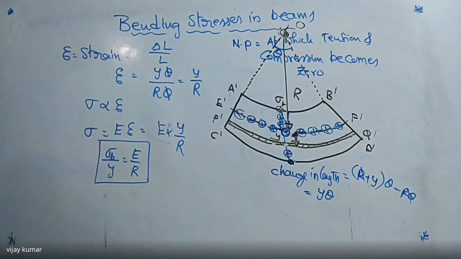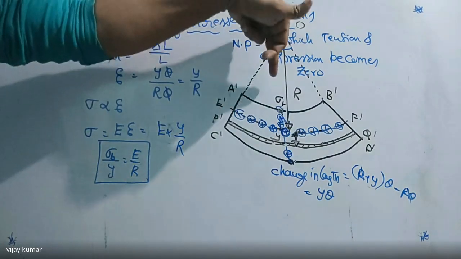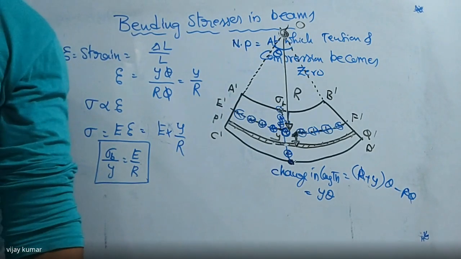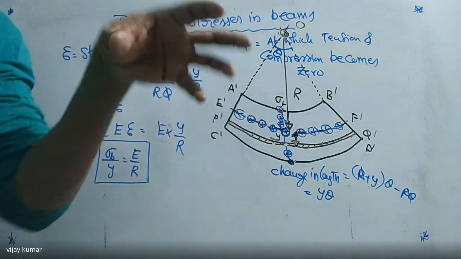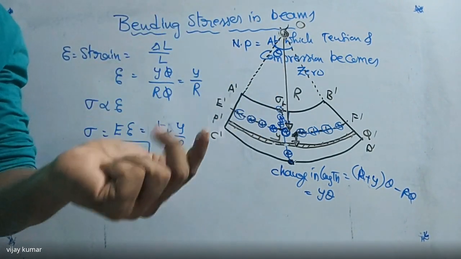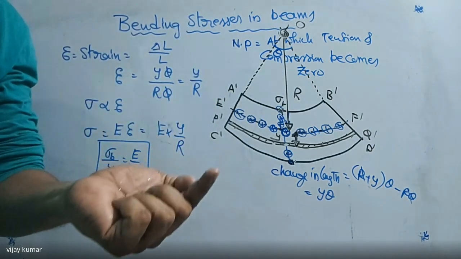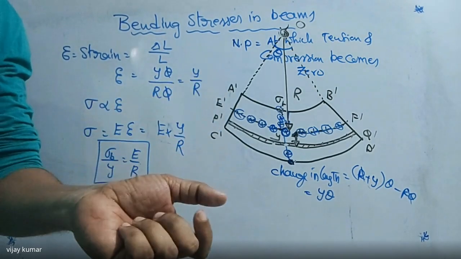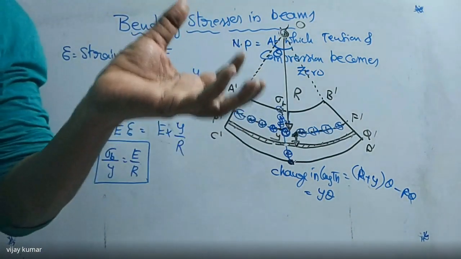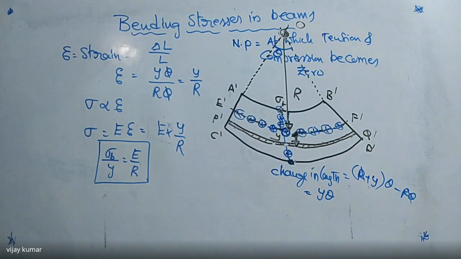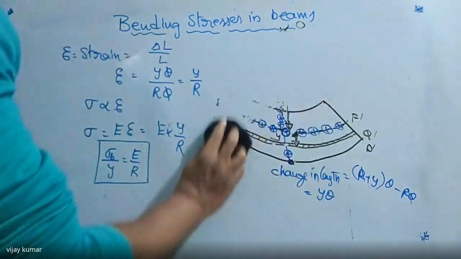Listen carefully here. When you apply a force in this direction on this beam, the beam also applies some resisting force. According to Newton's third law, for every action there is an equal and opposite reaction. If you apply a normal force on the beam, during the bending it also applies some resisting force in the opposite direction. Do you get the point or not? It is named as moment of resistance. So I want to find the moment of resistance of the beam, and then I can write the total equation of bending.